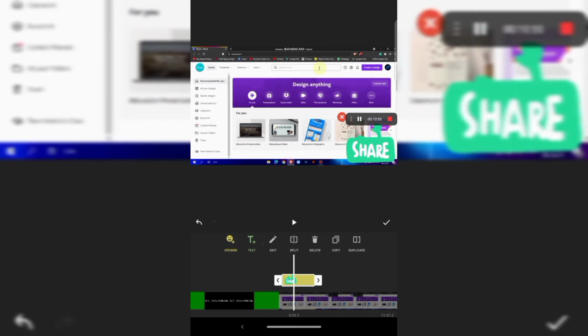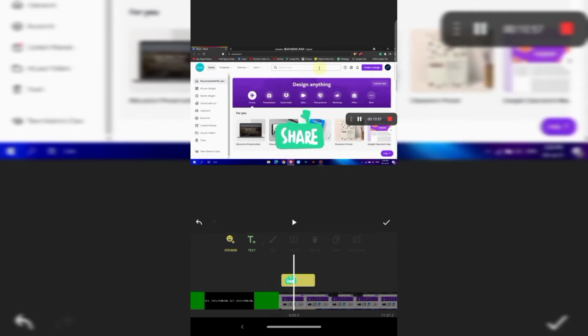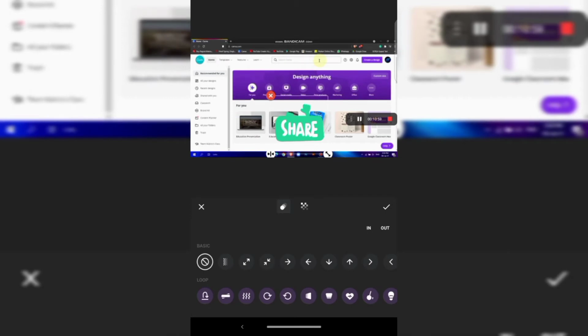So here the sticker came, and you can change the intro animation, for example like this, rotating one, rotating clockwise, anti-clockwise, a bit shaking one is this. So let it be this one, a fade one.